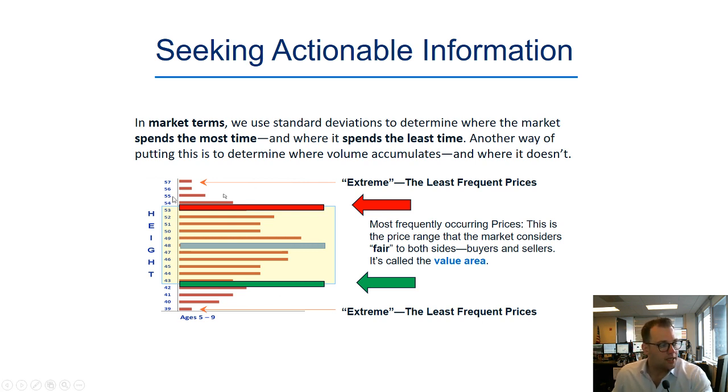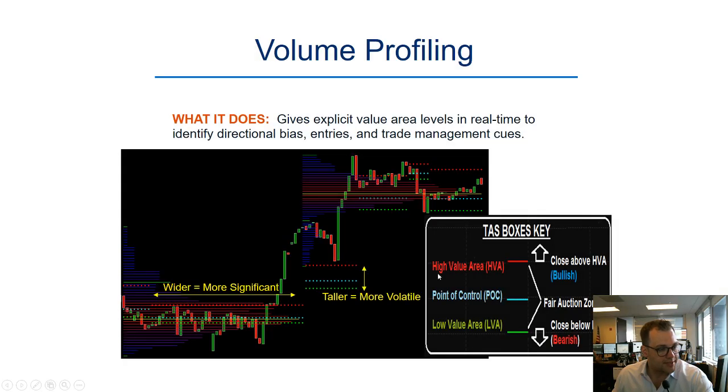But in a nutshell, TAS will take these distributions of where price is traded and a value where they call these value area highs, value area lows. We call them boxes. And depending on the market setup, they're either going to act as resistance, or if we break through, kind of a breakout trade to the upside or downside, and that's what we're really queuing for. On a vertical trend, when we close above and break out of these value areas, that's bullish. Breaking out of distribution, same to the downside. If we break through the low value area, that's bearish. And the simplest way to learn the system is if we break through the tops, consider buying.